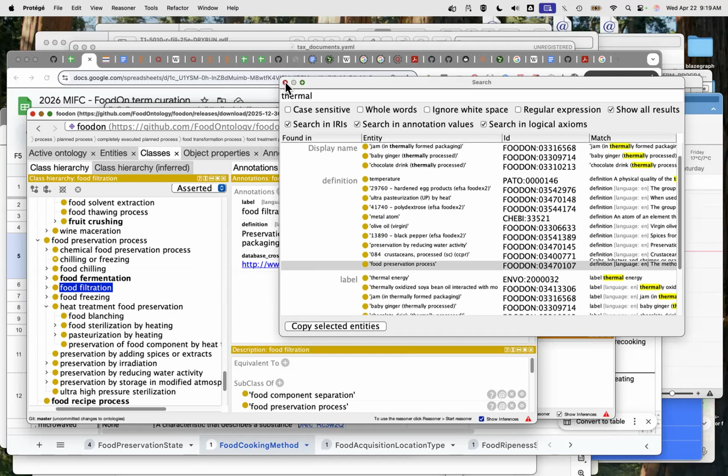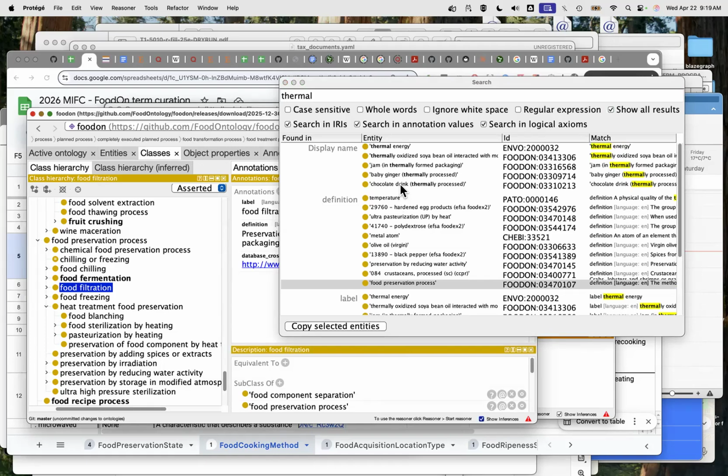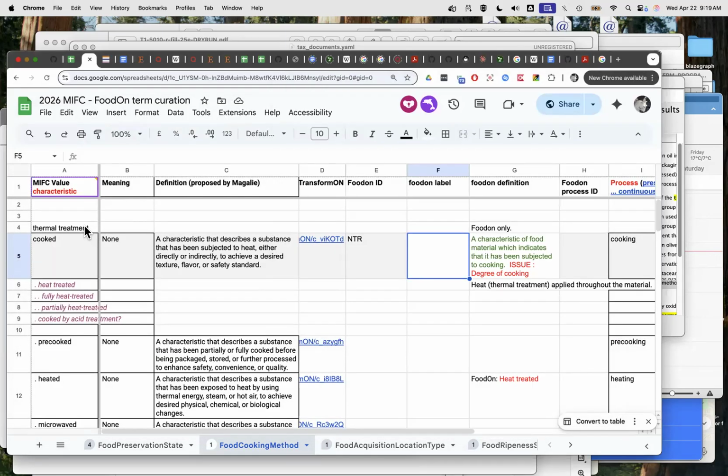Okay, but nothing directly for thermal food thermal treatment. So we need to add that, even though we've got some of these terms that do talk about thermally processed. So thermally processed sounds like it's going to be a new process